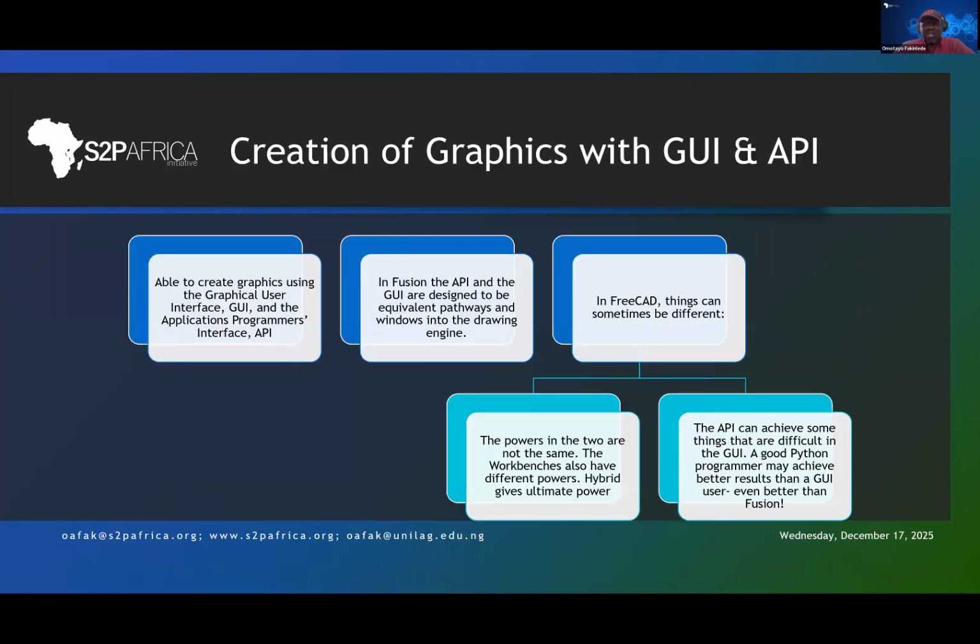So, creating graphics with the GUI and API. As one of their goals is the ability to do such graphics, we look at the Fusion API, for instance. I always talk about Fusion because I am coming from the Fusion environment. The Fusion API and the GUI are designed to be equivalent pathways, equivalent windows into the drawing engine. So there is scarcely anything I can create in the API of Fusion that I cannot create in